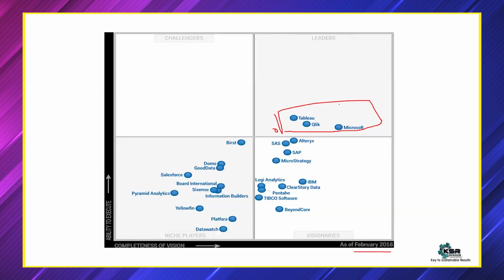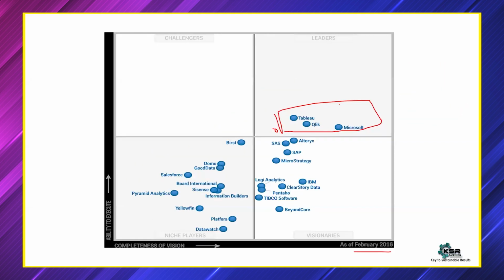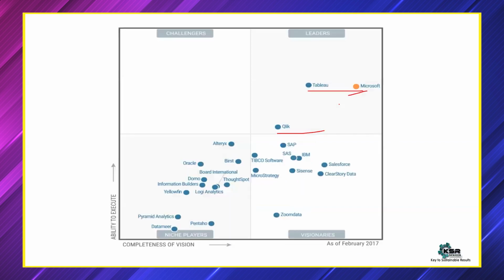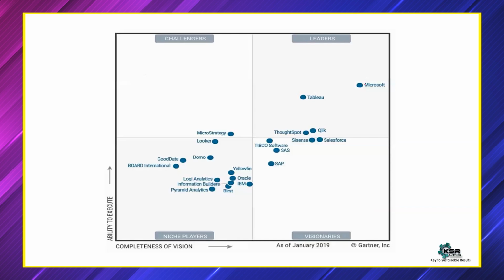It was introduced in 15, but the very next year, it was already comparable. It has made sure that Tableau's market dominance came down. In 17, both at the same position. In 18, both at the same position. Now let's see the magic in 19. There is a slight change in position, a slight gap. Microsoft is the leader here. Within 1 or 2 years, it has captured the market.